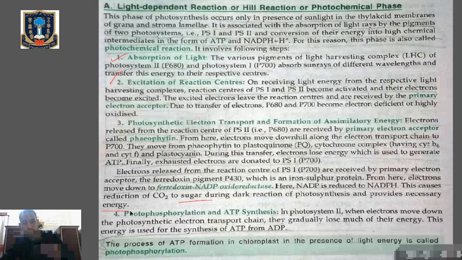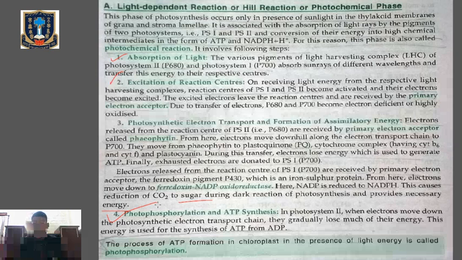So this is the third step of light dependent reaction, and let's talk about the fourth step, photophosphorylation and ATP synthesis. So in PS2, when electrons move down the photosynthetic electron transport chain, they gradually lose their energy, that we have learned. And that energy will be utilized for the formation of ATP from ADP. So photophosphorylation, photo means light. Now since there is formation of ATP in the presence of light, it is called